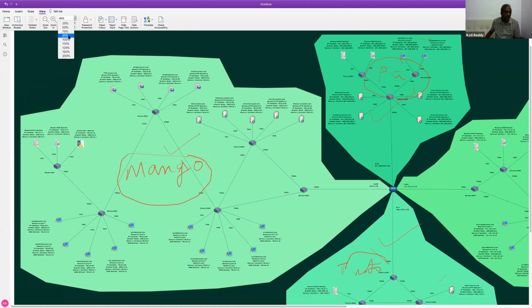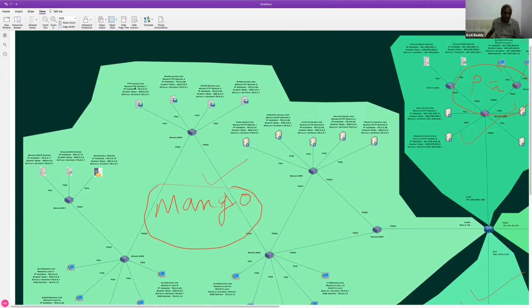For the company called Mango, I am using the IP addressing scheme 78.0.0.0, so the network ID is 78.0.0. This IP address is 78.0.0.11. You have 78.0.0.12, 78.0.0.13, 78.0.0.21, 22, 23, and also 24 here. That is the 78 network ID, 78.0.0.0, that I'm using for this particular company called Mango.